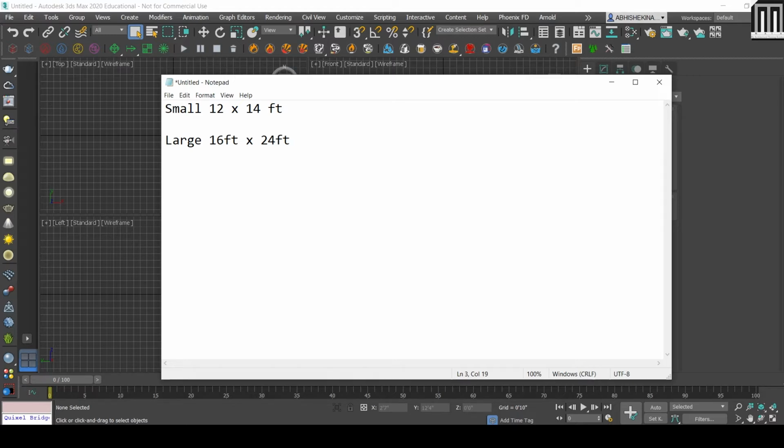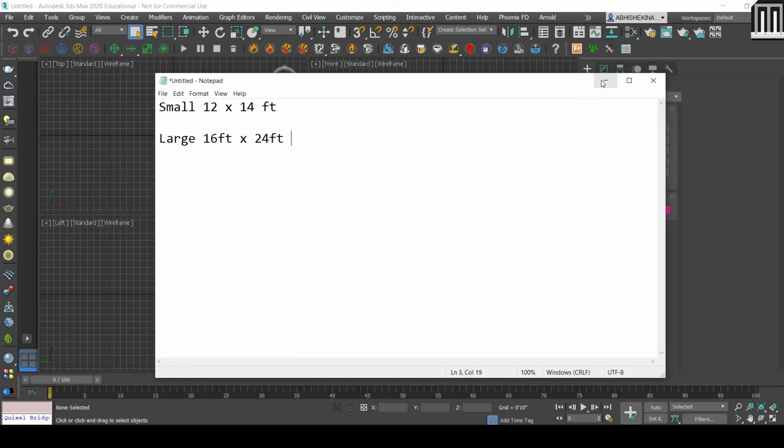So this is the difference between a small bedroom and a large bedroom. These are standard sizes. It is not that we have to follow this, but in general we have to keep it in mind when we design a bedroom. So first is 12 by 14, second is 16 by 24.